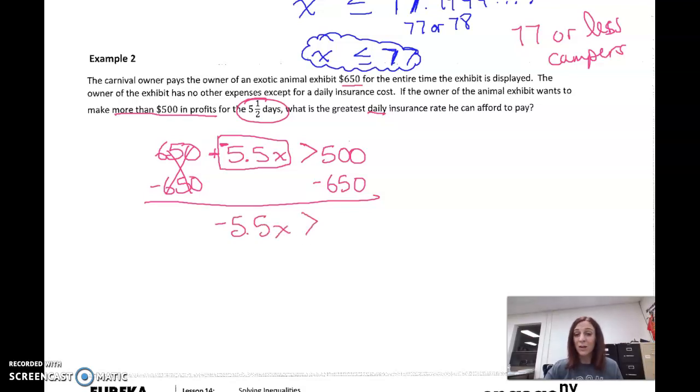I bring down my inequality, and I just type that into a calculator, or if I know it, it's a negative 150. So now I've solved for my X term. I need to solve for X. This is negative 5.5 times X. I undo multiplying with dividing. And we've already talked about why if this is a negative 5.5, we divide by a negative 5.5. Whatever I do to one side, I do to the other. Same things over and over. This works out to be 1x. Then if I type this into a calculator, negative 150 divided by negative 5.5, I get